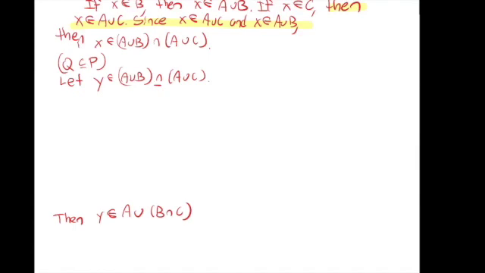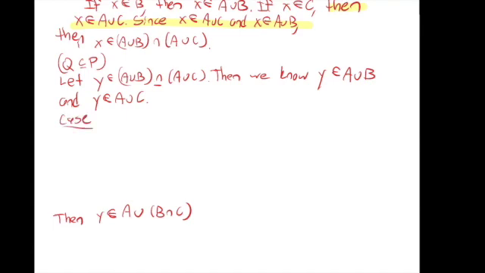So then this tells me two things: that it has to be in here and that it has to be in there. And I think we can then consider the same two cases, right? So if y is in both of those things, then